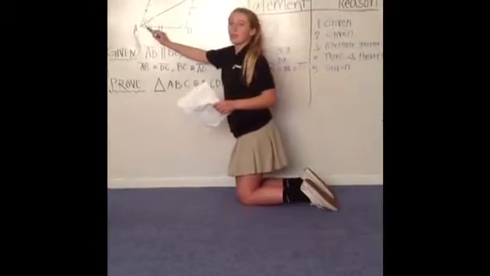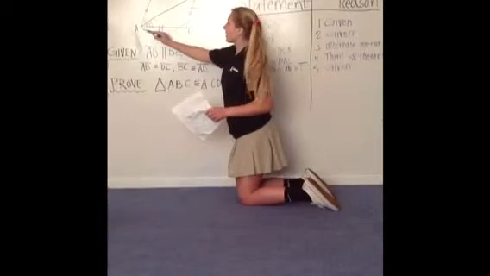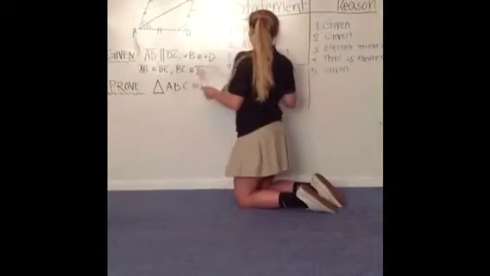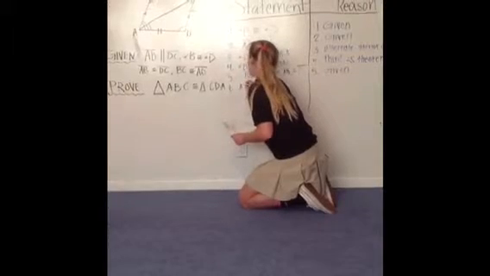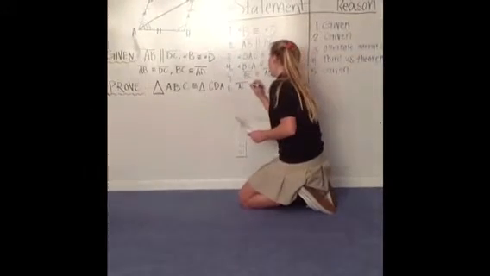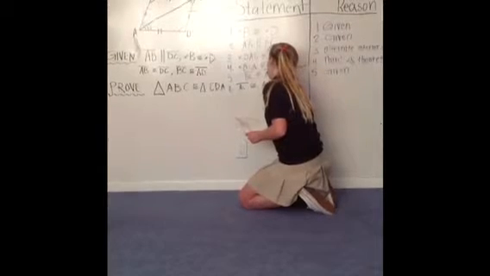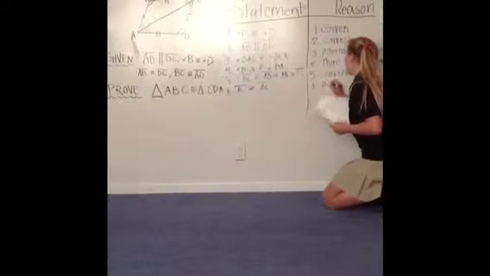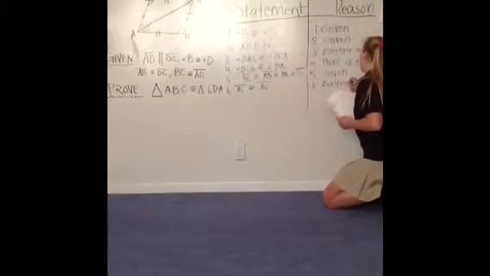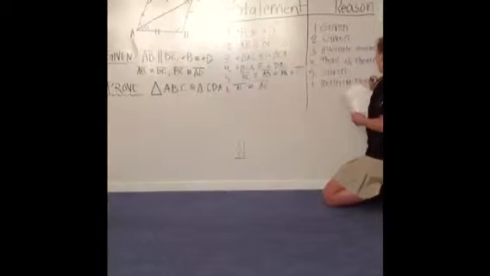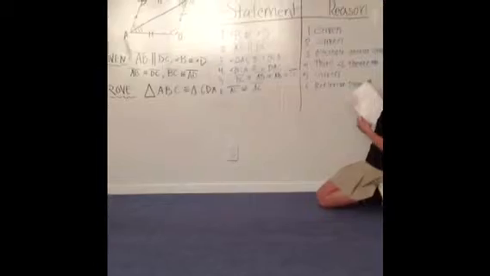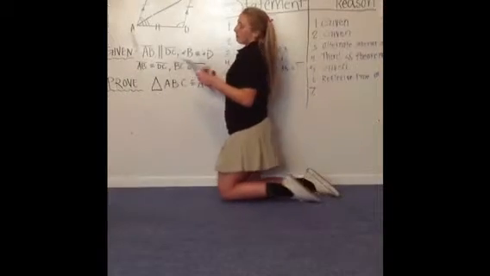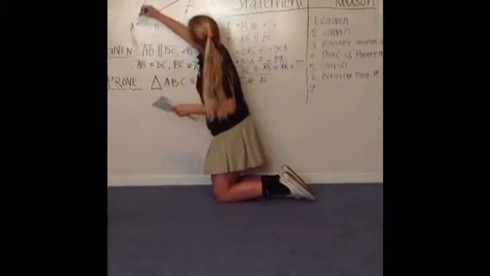Step 6 is line segment AC is congruent to line segment AC, and that's because of the reflexive property of congruence. In conclusion, step 7 is triangle ABC